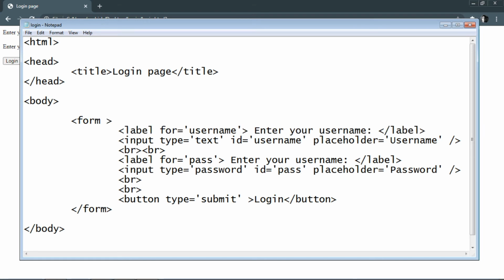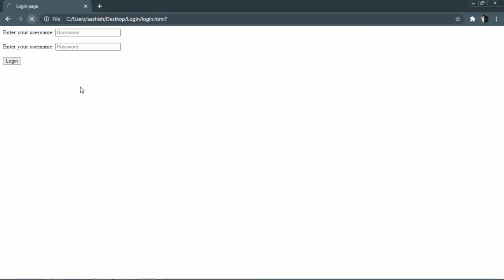So what I'm going to do is action equals, so I'm going to redirect to another page. So I'm going to have something like redirect.html, or I don't want to do that, so I have to say go to google.com whenever the form is submitted. So when I save this and refresh, and when I fill this and when I log in